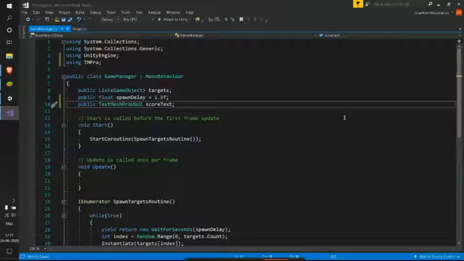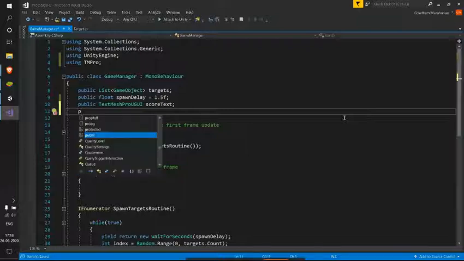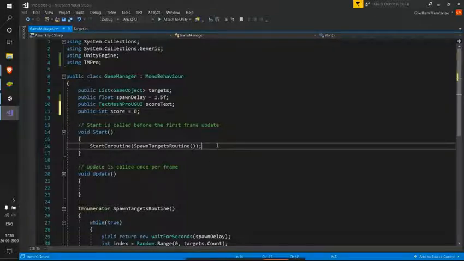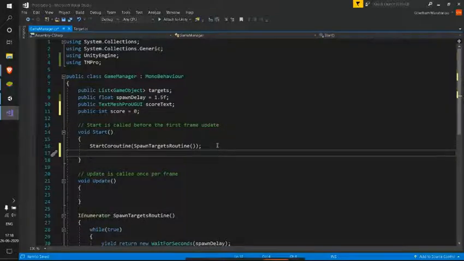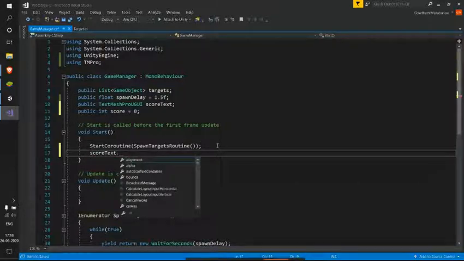So here, the other thing, I'll be creating a new variable called score, public int score. I'll initialize that with 0. And now it's time for me to write this. So here in start, I'll be giving it like this: score text dot text.